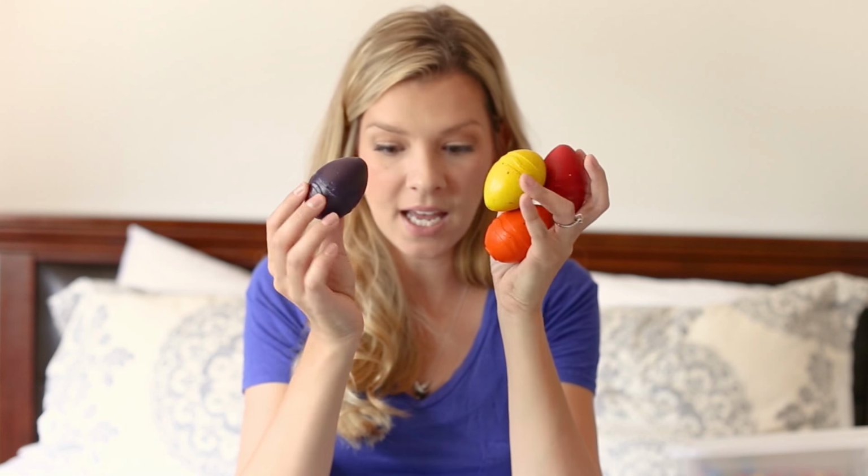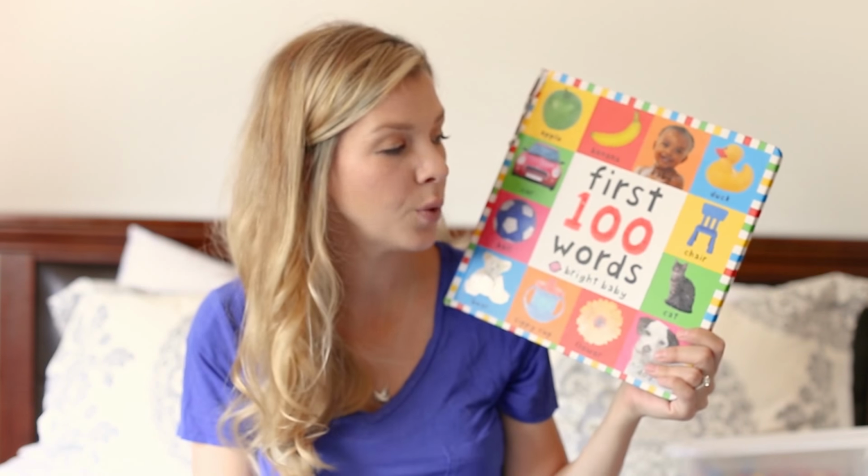And these are really good for babies because they have those big chub hands, you know, and they can't really close their hands tight over pencils or anything. So we just have these egg crayons, and she loved coloring with those. And then lastly, along colors and just overall knowledge and language development, as I mentioned, we love this